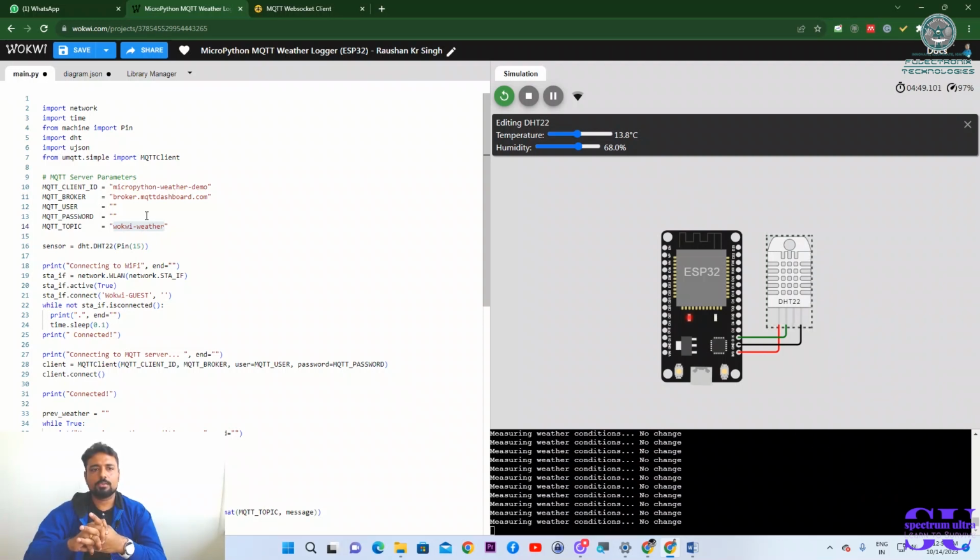It's not necessary to use the same one, but your assignment is to create any MQTT-based project with some other sensor, and show me the output. We want to see the output in a different way. It is better if you use another sensor instead of DHT22. So that is your assignment, you have to complete it.